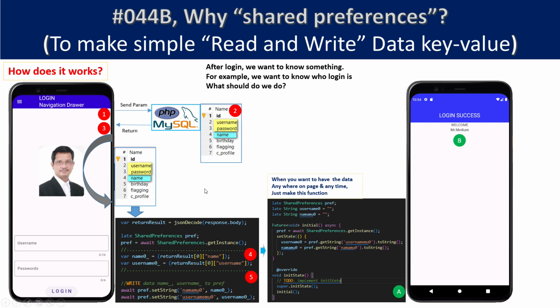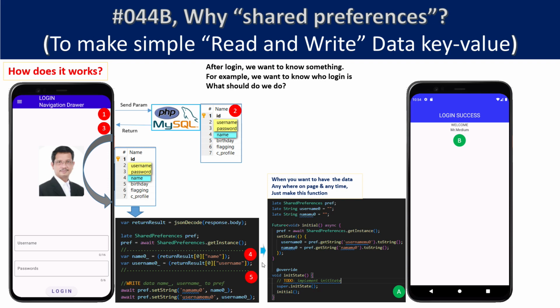For example, if you want to record or remember the field name, you must split the field from the record about the name. This is the parameter name. You have a record for this parameter, and after that you write set string. Write the data the same as you set the string parameter.